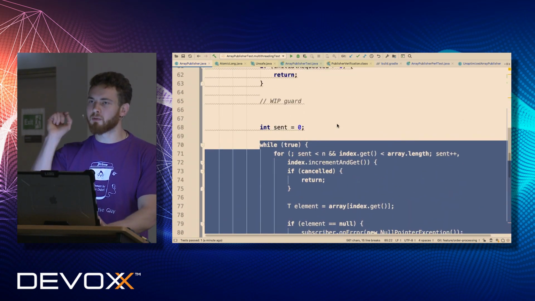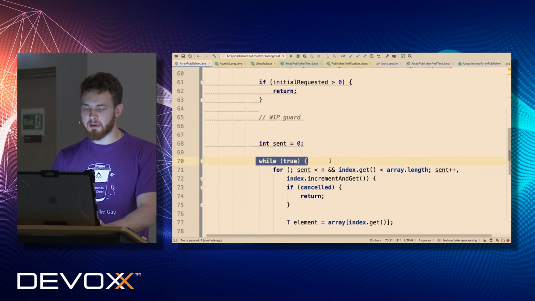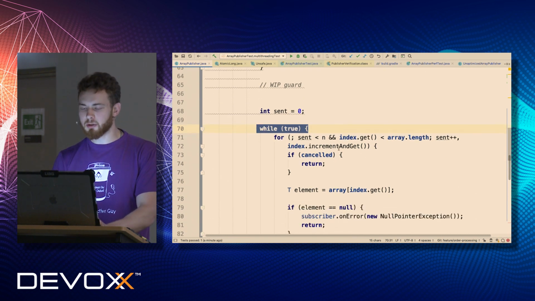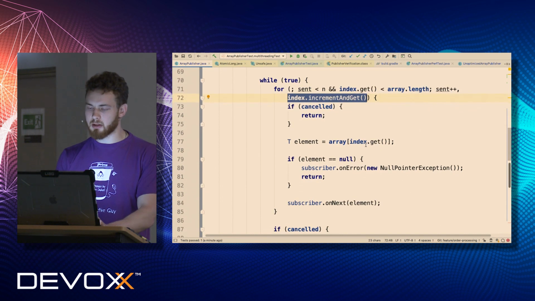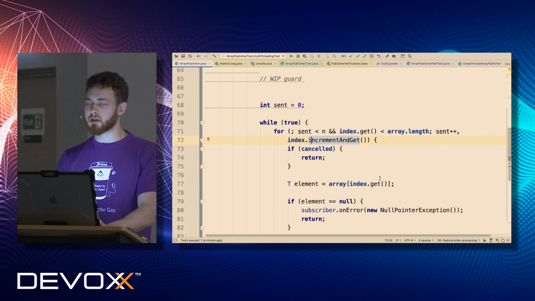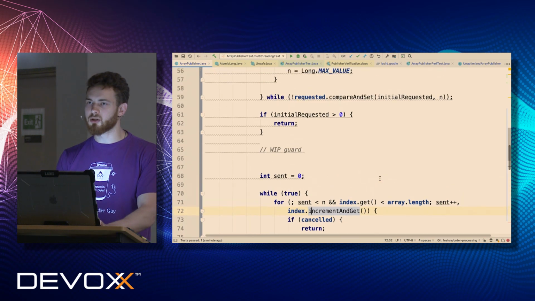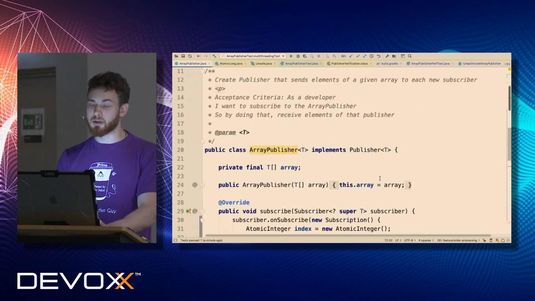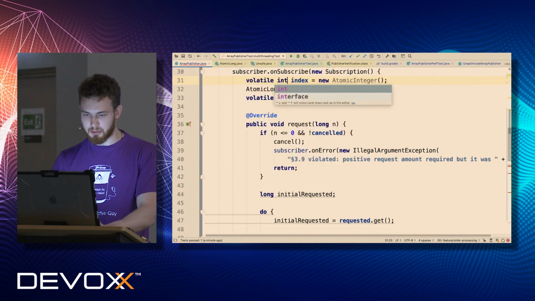This is a requirement from the specification that everything should be run in a serialized way, which means that only one thread can iterate at a moment in time here. So if you look at the access to the index field, we will see that only one thread will read this index field, will increment this index field, and so forth and so on. Now the question, do we need atomic integer here? No, we don't. Okay, so let's write it like here. Let's just start from the simplest.